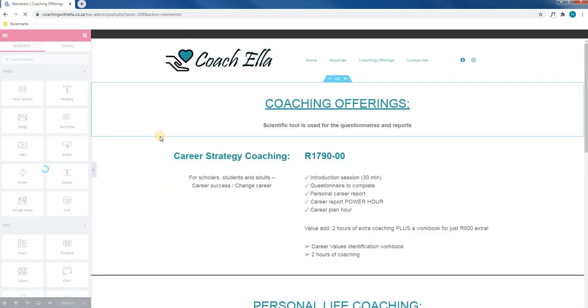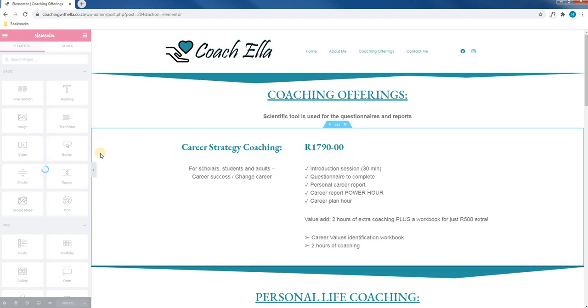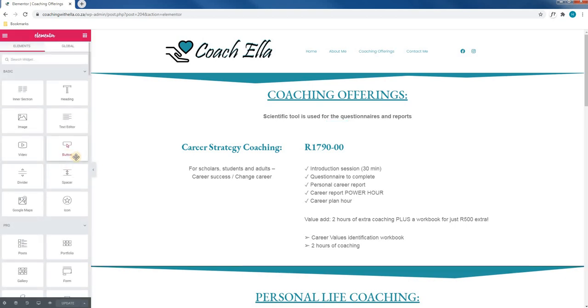Again, the speed of this page depends on your internet. The faster your internet, the faster the page will load. As you can see, it is still busy loading the page, and we can tell that by this icon on the left hand side. Now that the page is loaded fully, we will start by using our mouse cursor and